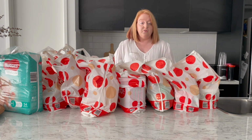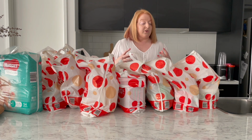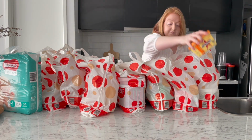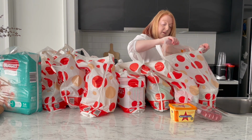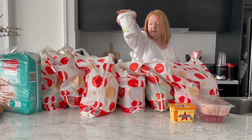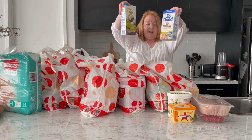So as per usual, I'm just going to unpack and go through everything, and then at the end I will let you know what our plan is for meals for the week. So I have some butter, some beef mince, chicken breasts, some vanilla yogurt, some unsweetened almond milk,